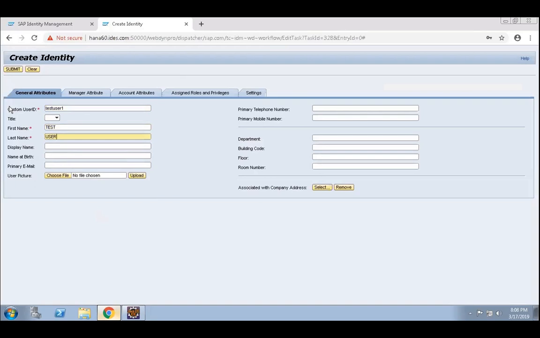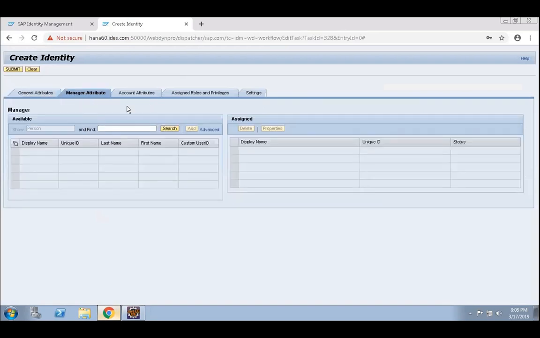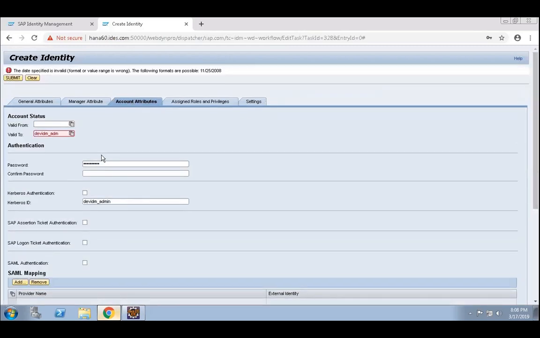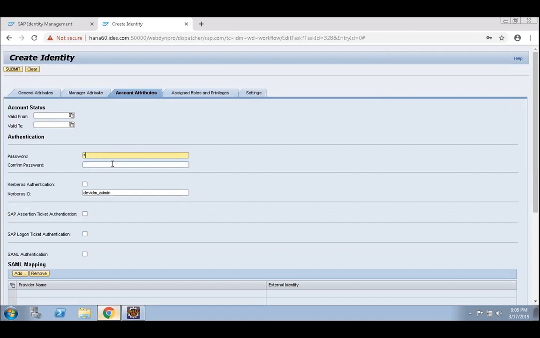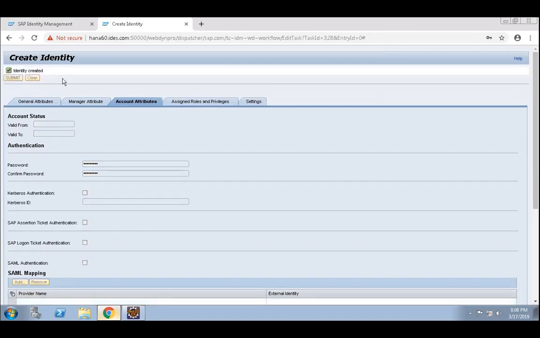Now click on account attribute. What are these things coming? The account attribute Welcome *1. Now I click on submit. Once I click on submit, it shows identity created.